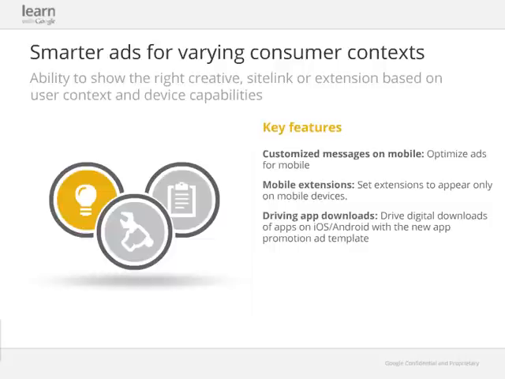You basically can customize your message for mobile, right? As I mentioned about 15, 20 minutes ago, you can create a specific call to action for your mobile device. You can play around with your site links, right? You can have your extensions, the site links, only show on your mobile devices at certain times of the day and disappear when you don't want it to show. And third, you can really drive app downloads. This is a new ad format, making it a lot easier for you within Enhanced Campaigns that we have launched recently. So moving on to the next slide, I'm going to show you examples of what this looks like